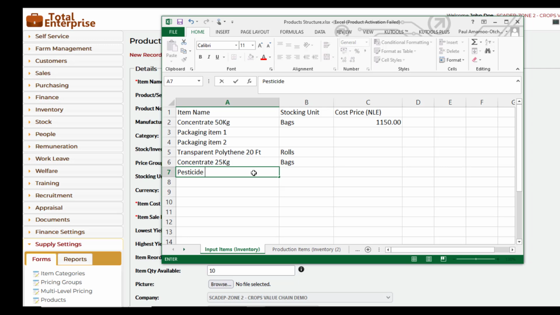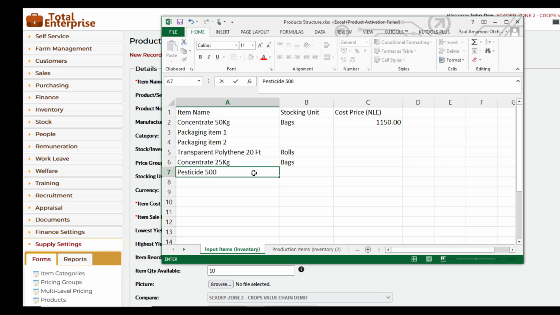Okay, now let's say we have a pesticide that is not in powder form. Let's say we have a pesticide that is in liquid form. So certainly it will be put maybe in a bottle. Let's say we have this pesticide in a bottle. Because it is in liquid form, it is usually volumetric. So maybe it is